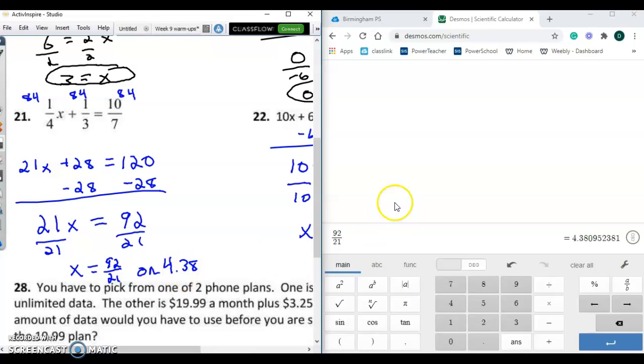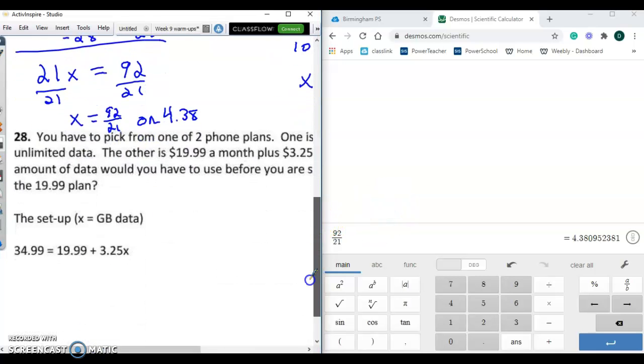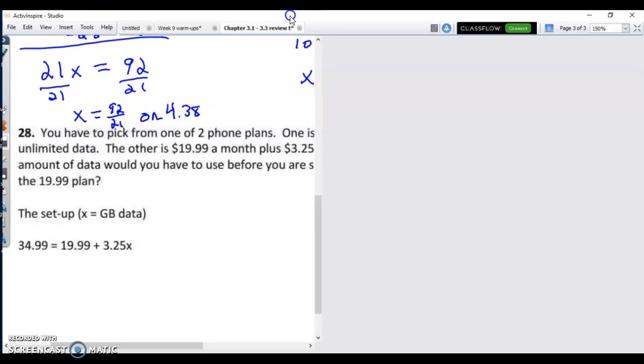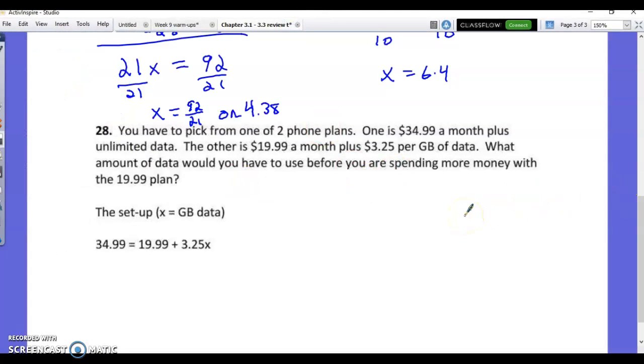You have number 28 down here, so we can go over that one. This is just a word problem that I threw in there, but I also did the setup for you. This would be a situational way you could view these types of problems. You have to pick from one of two phone plans. One is $34.99 a month plus unlimited data. The other is $19.99 a month plus $3.25 per gigabyte of data. What amount of data would you have to use before spending more money